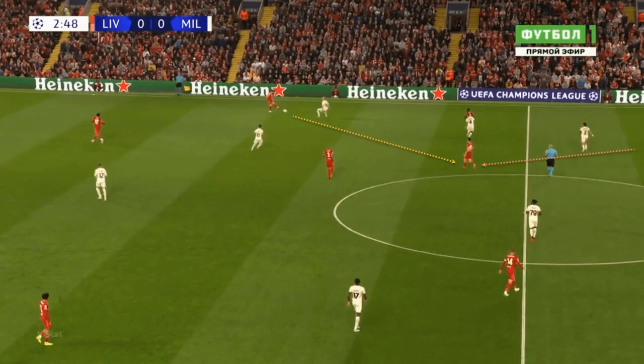This is a good example of the rotations that I was talking about. Diogo Jota was nominally playing on the left-hand side of the front three, but over here, as you can see, he drops into midfield, into almost a central midfield position, which gives him the space to receive the ball from Andrew Robertson and turn and run at the Milan defence, because they have not managed to pick up this rotation